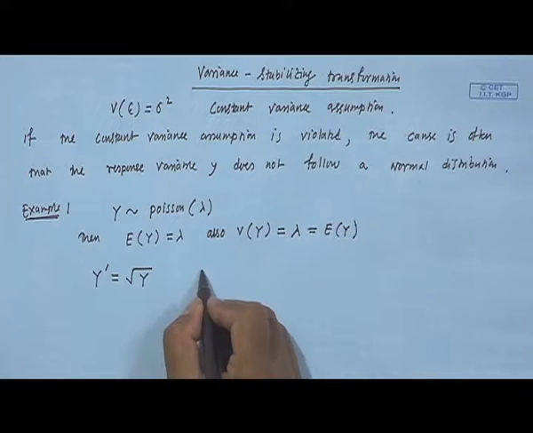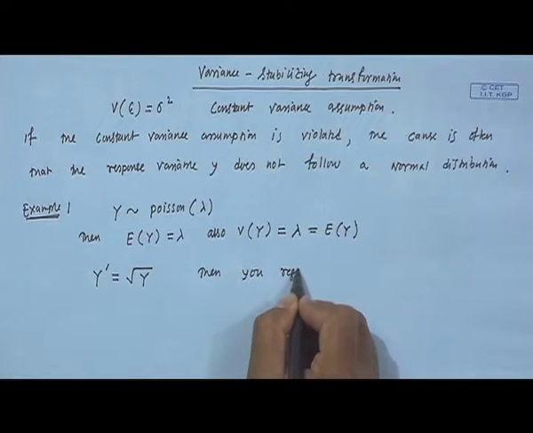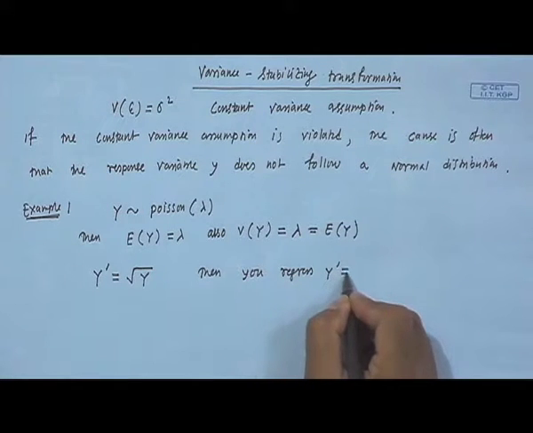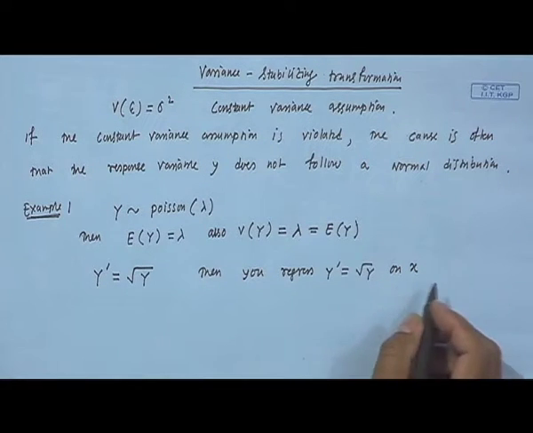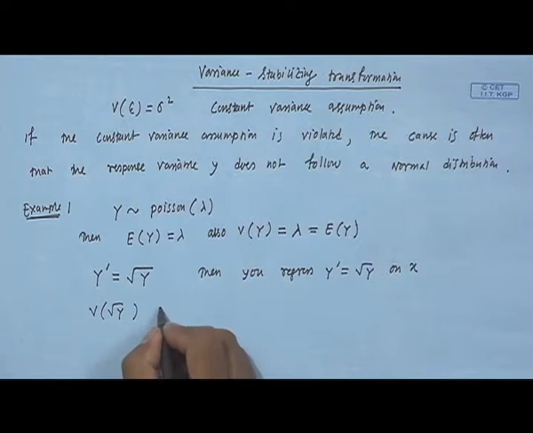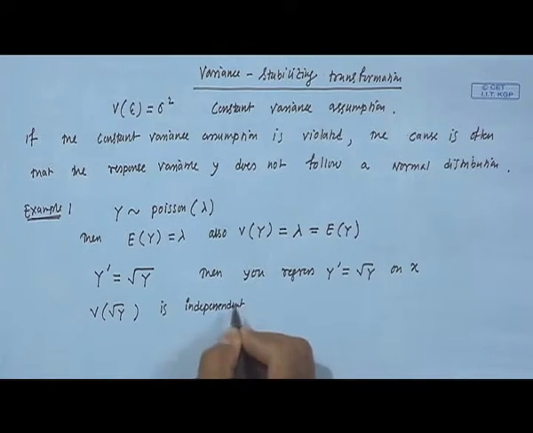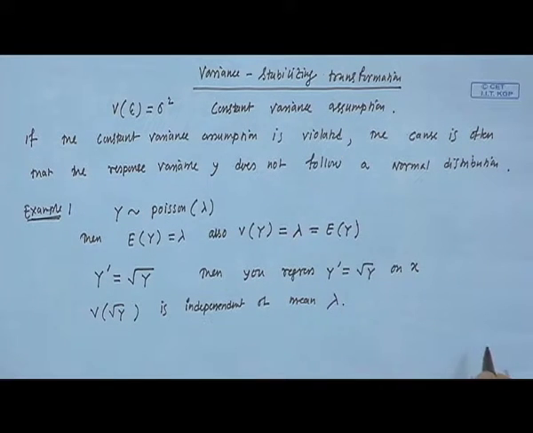and then you regress y prime, which is equal to root y, on x, and it is not difficult to check that variance of root y is independent of mean lambda. Okay. So,